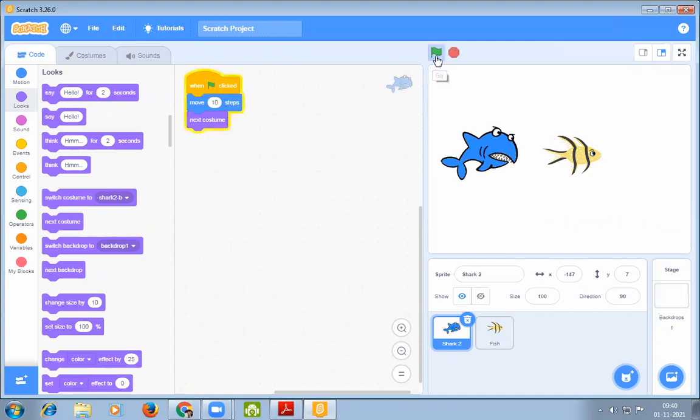When he just saw his food, then he gets ready to eat the fish. Okay, in this type we can see this. So this way we can create a movie with a sprite.